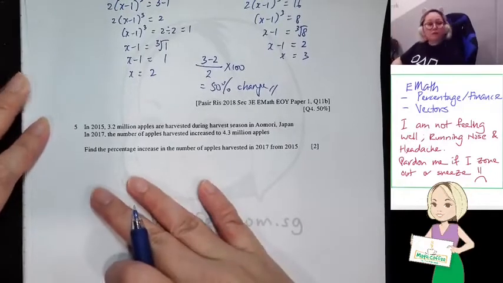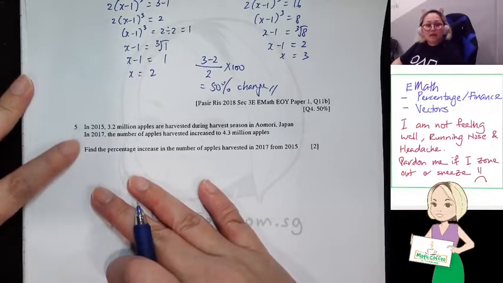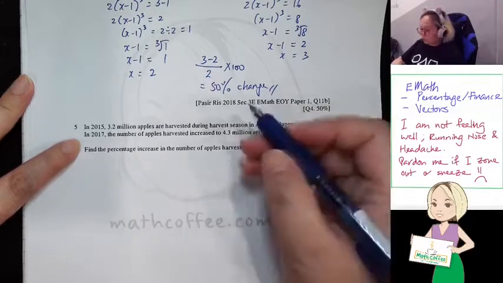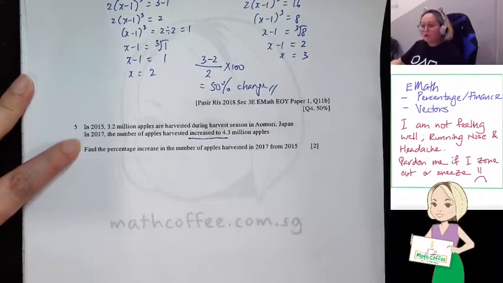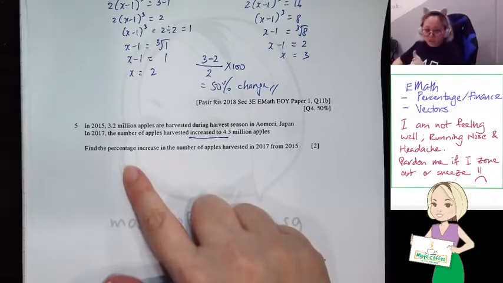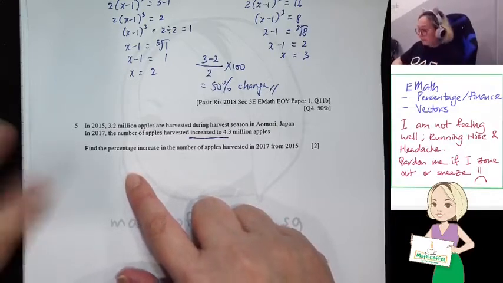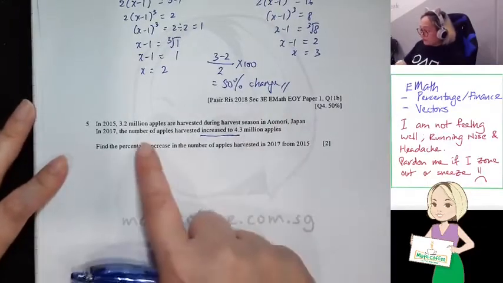So in 2015, 3.2 million apples were harvested. Then in 2017, the number of apples increased to 4.3 million. So they are just asking you to find the percentage increase. Always remember, for percentage increase or percentage decrease, you need to find the difference between the old and the new first. So I'm going to take the new